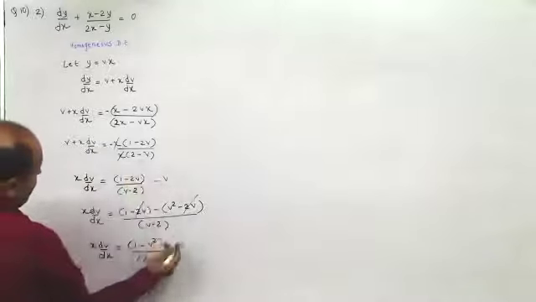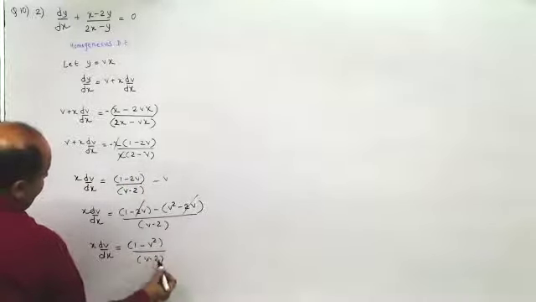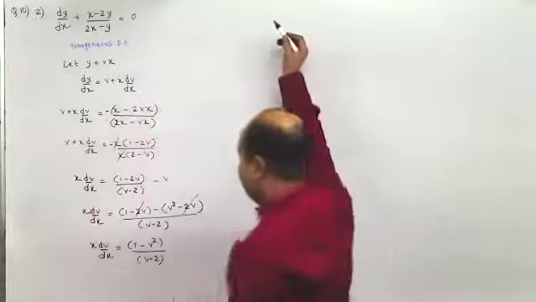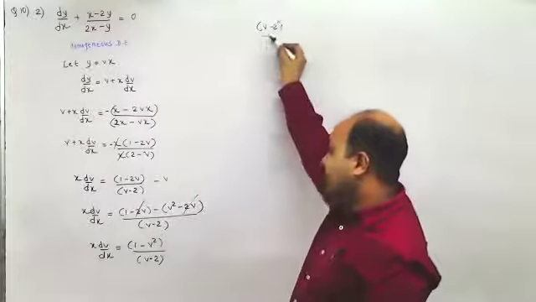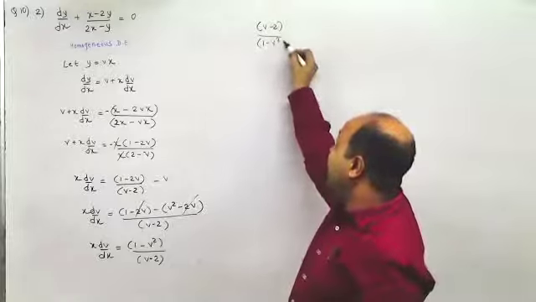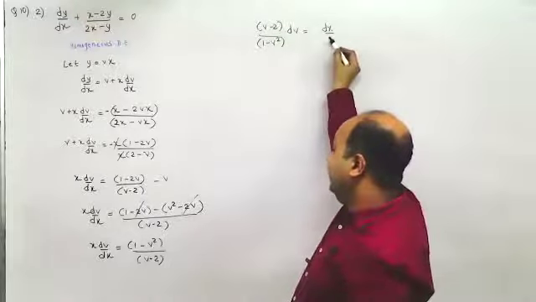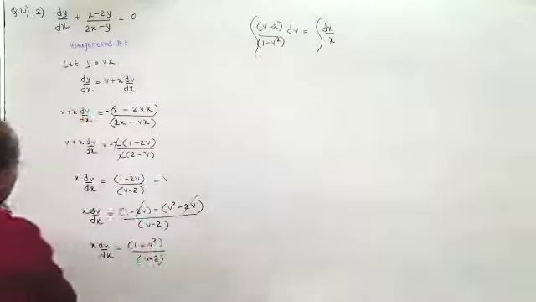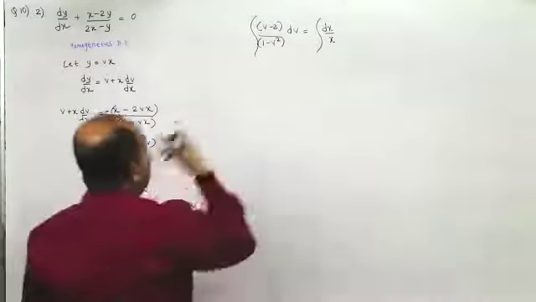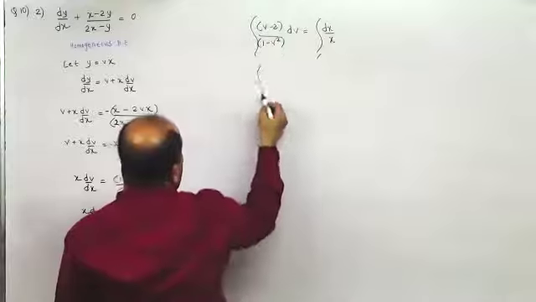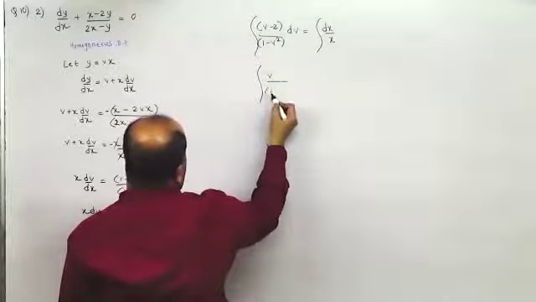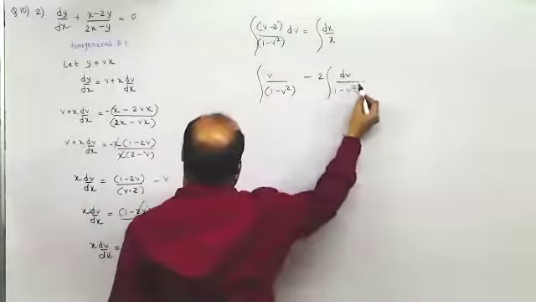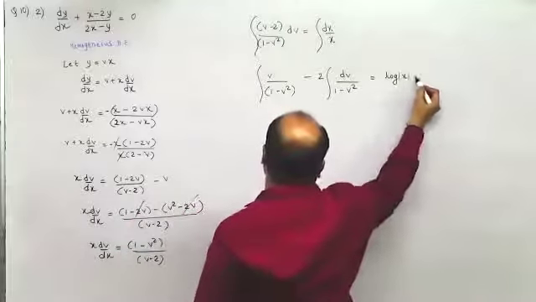Yeah, this is v minus 2. Now, this would be (v minus 2) upon (1 minus v square) dv equal to dx by x. Integrate both the sides. Now you would get here, this would be linear upon quadratic. So I need minus 2v here. I'll take v here. I'll write 1 minus v square here. I'll write 2 here. I'll write dv upon 1 minus v square here. And this is equal to log x plus some constant.